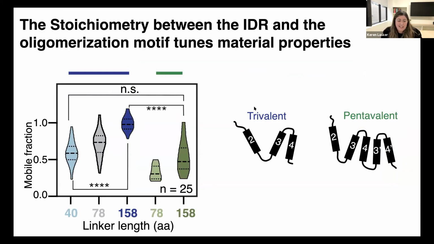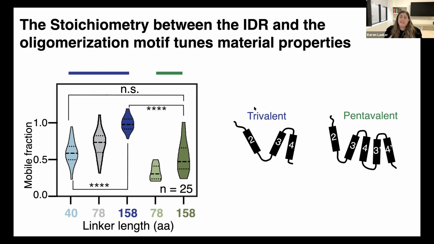Okay, so remember I told you that we have this model of attraction forces and repulsive forces. And what we've actually done by making the linker longer is essentially changing the stoichiometry between those attraction and repulsion forces. So what we wondered is, can we rescue this phenotype by correcting the stoichiometry? And to do that, what we've done is that we've